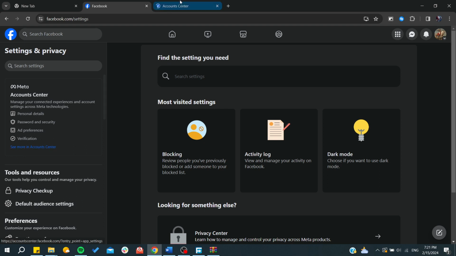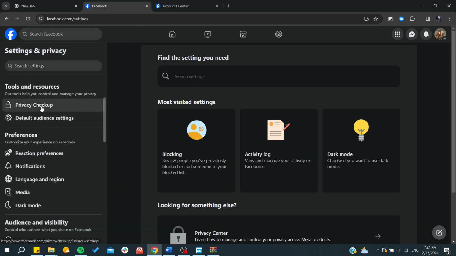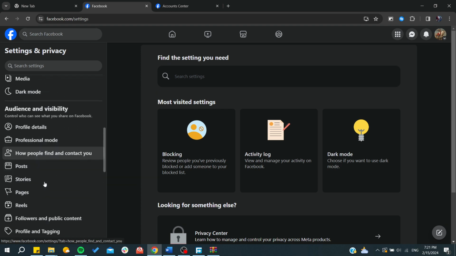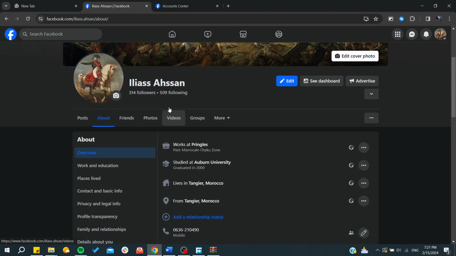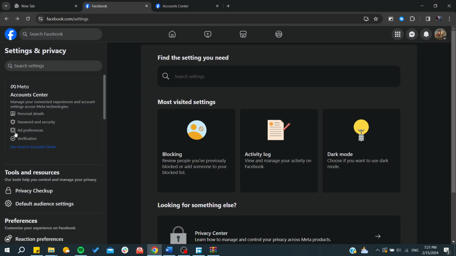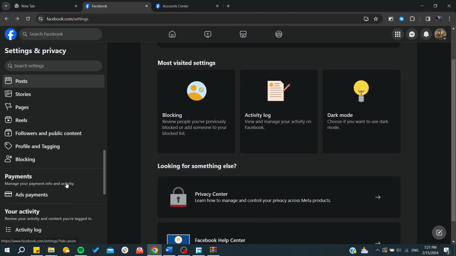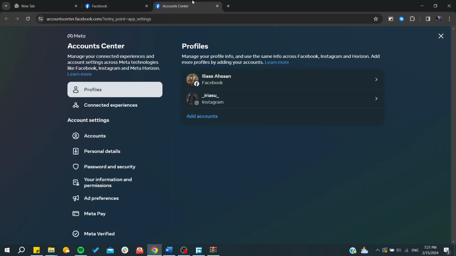Click on see more in Accounts Center, and here you can find other settings like the profile details, etc. If you click on profile details, it will just redirect you to your profile. But what we are interested in is the Accounts Center, where you can change your information. After going to the Accounts Center, we can find profiles, connected experiences, and here we can find personal details like